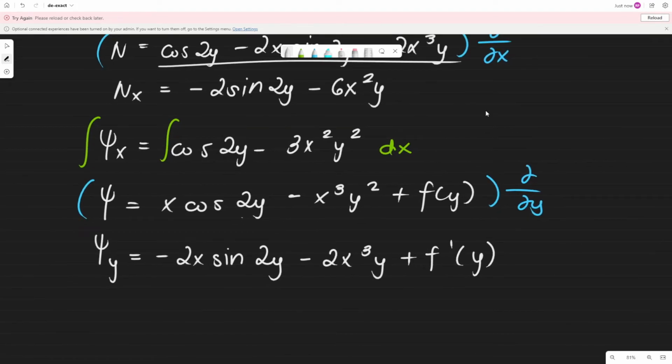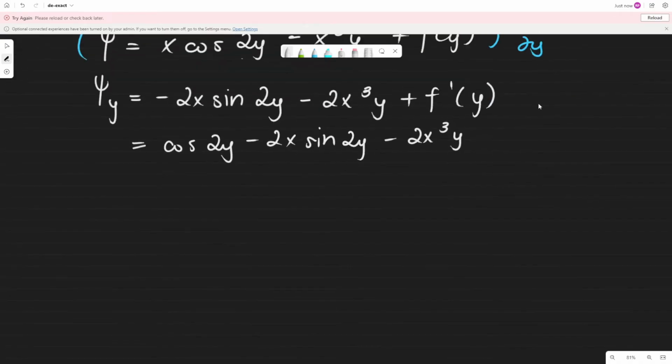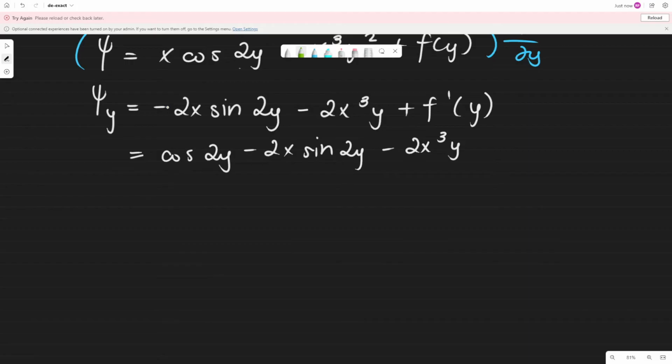So we'll have this one equal to cosine 2y minus 2x sine 2y minus 2x cubed y. Then, we can cancel out these terms. Therefore, we will have f prime of y equivalent to cosine 2y, and we're going to get